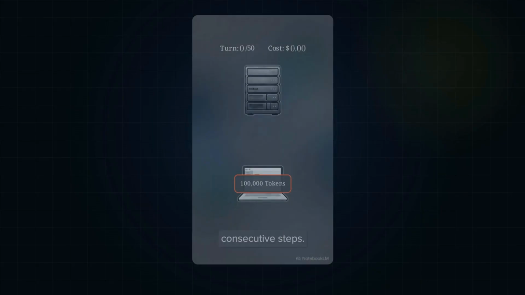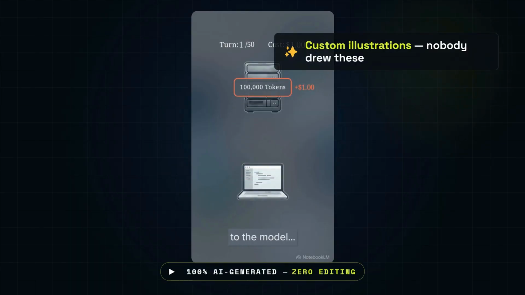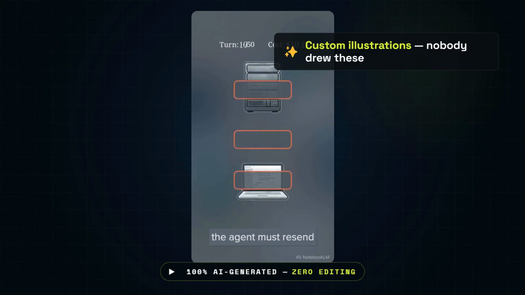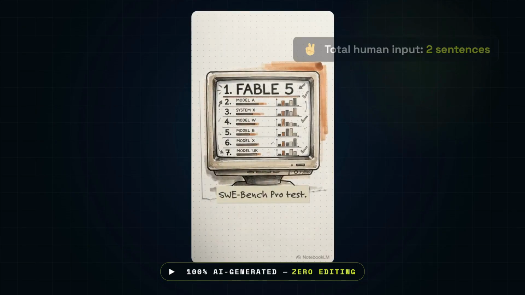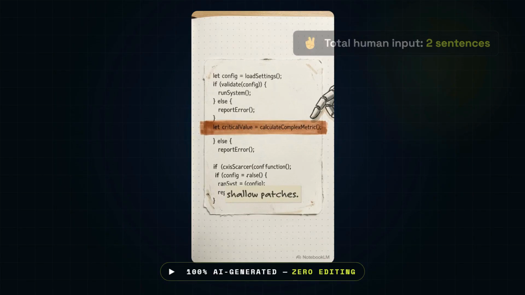Steps. On step 1, that massive codebase payload is sent to the model and billed at the full base rate. Without caching, the agent must resend that exact Bench Pro test, but developer logs reveal a very specific stubborn trap. Standard AI models fail through shallow patches. They fix one